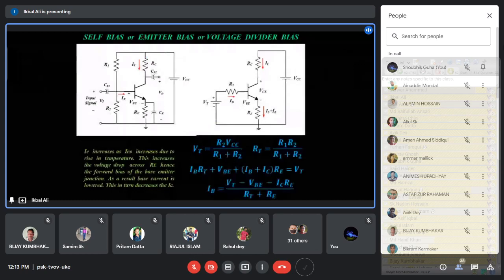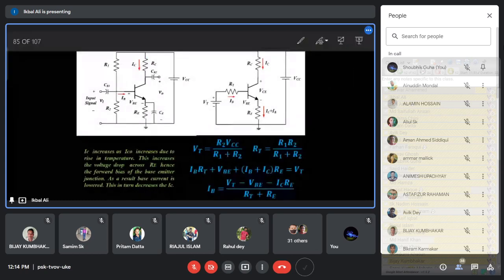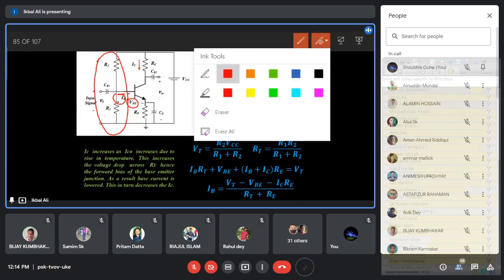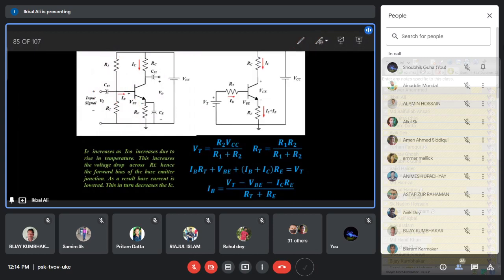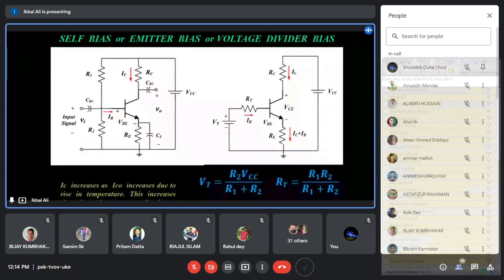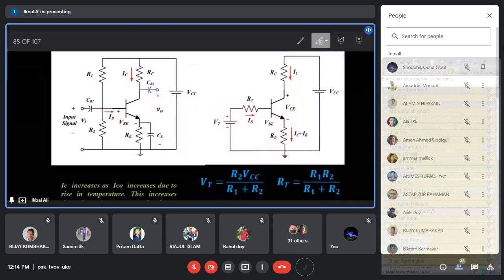Last day we also discussed the input side of this circuit, that is R1 and R2. This actually biases the base. That means it sets a definite base-emitter voltage as well as a base current. This circuit is a little bit complicated, so we have simplified it. That means the input side of the biasing circuit has been simplified by applying Thevenin's theorem. We have done the mathematics as well as the concepts of how the Thevenin theorem is applied.